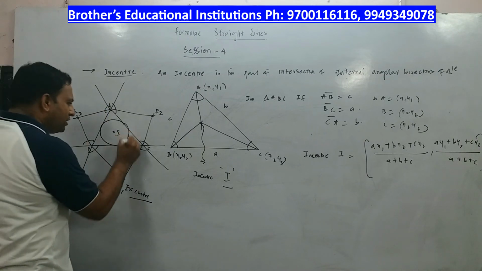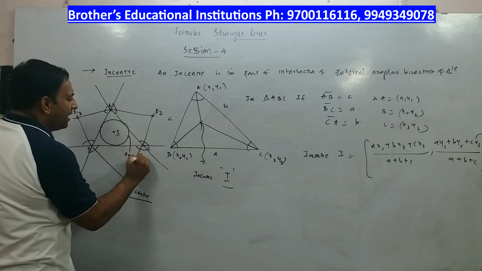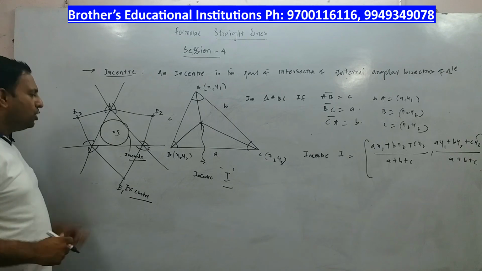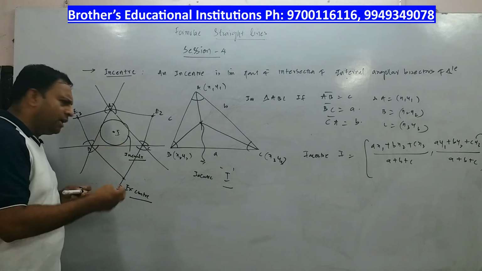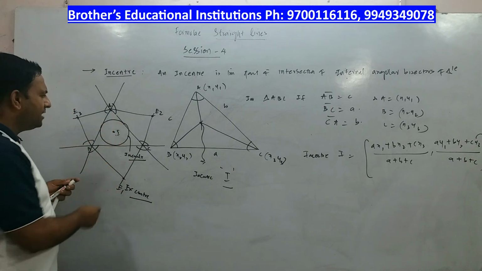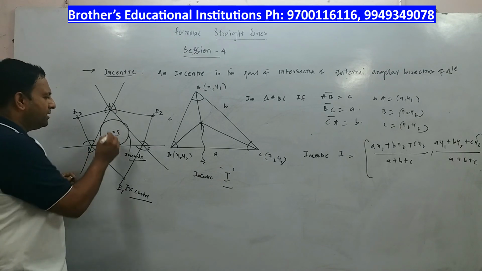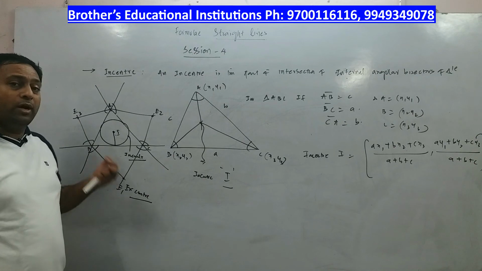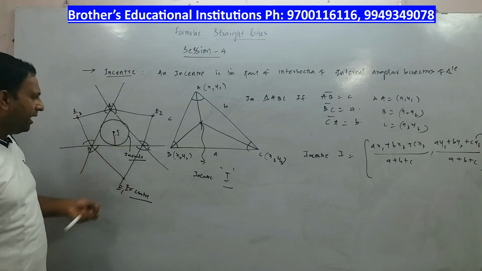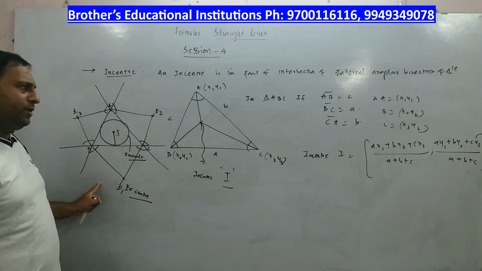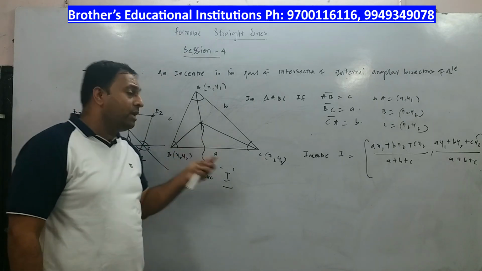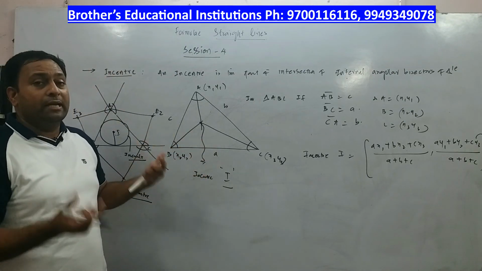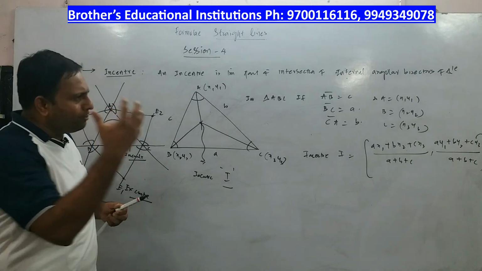All right. And if you draw a circle taking the center as incenter and the circle touching the sides of a triangle, then this is called an incircle. What is it called? Incircle. So what is an incircle? Incircle is a circle with center as the incenter and radius equal to the perpendicular distance from this point to any side. Then such a circle is called an incircle. For a triangle, one incenter and three excenters will be there. And incenter is the point of intersection of internal angular bisectors of a triangle. So I am sure you understood this.